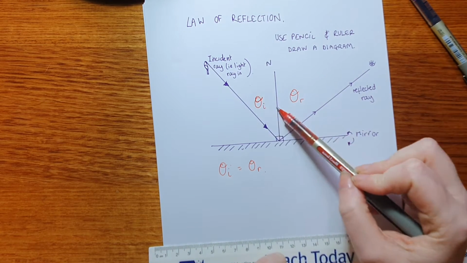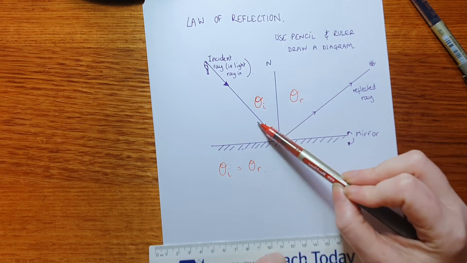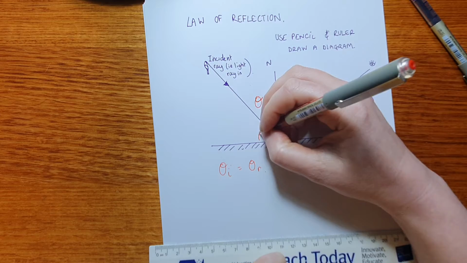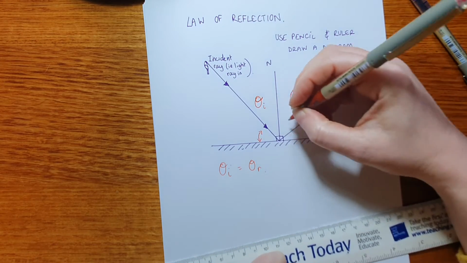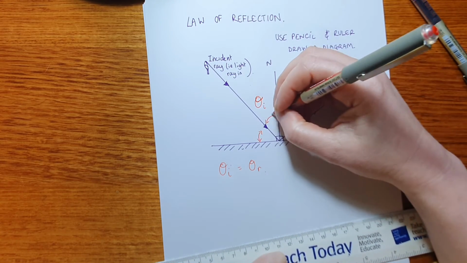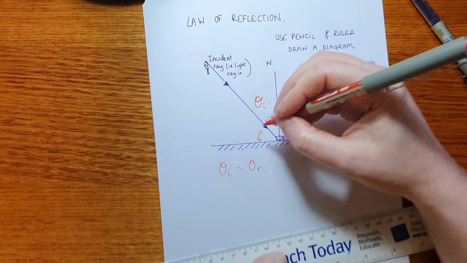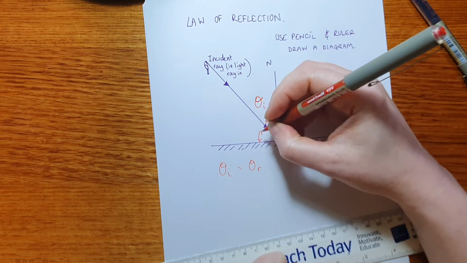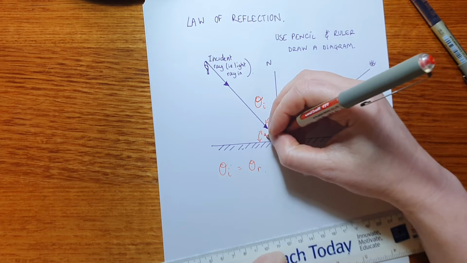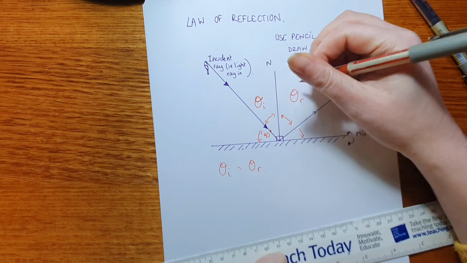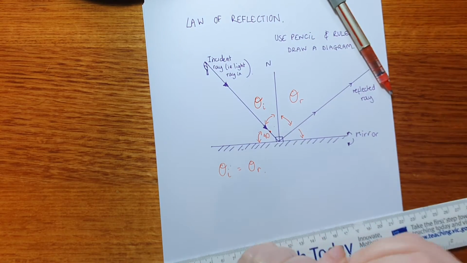So this is equal to this, even though my drawing is not great. So that one is equal to this one, which means that if we know this angle here, we know this angle. So then we know this angle, because this one and this one must add up to 90 degrees. So if we know this one here